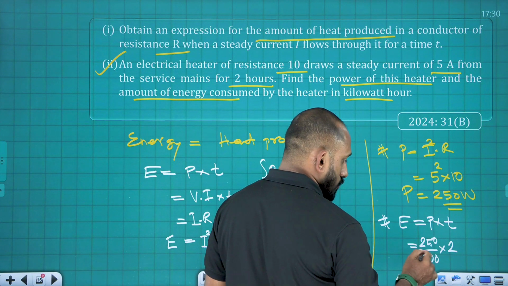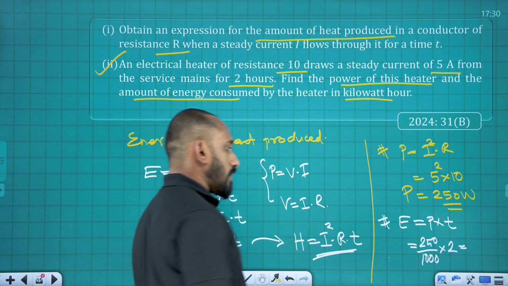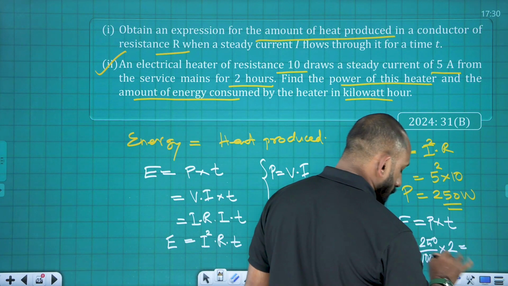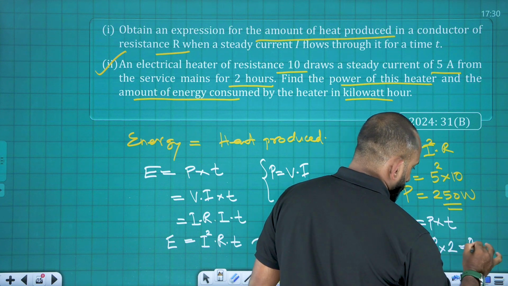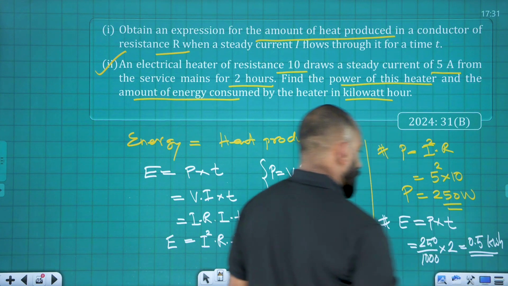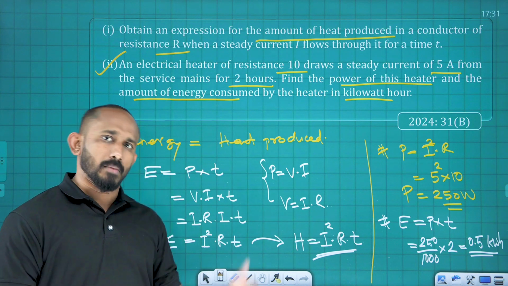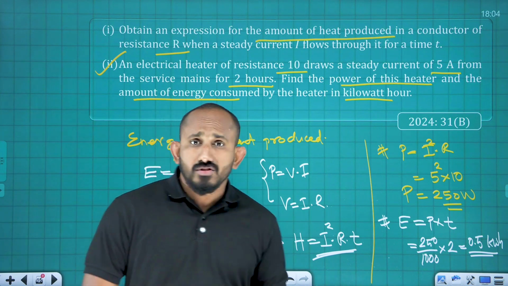So 0.25 into 2 is 0.5 kilowatt hour. 0.5 kilowatt hour is the answer for the total energy consumed by this device. The next question is,